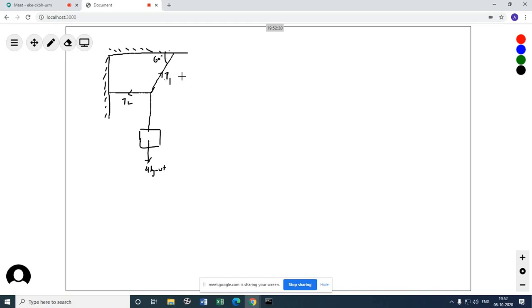So you can see tension. I did not write force. That means these are all 1 meters. Just for your, now you should be familiar. I'm not going to write 1 meter anymore. You should understand that the length is 1 meter, unless specified. So find T1 and T2. I'm waiting.